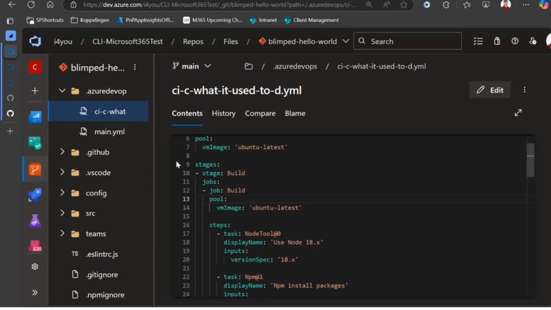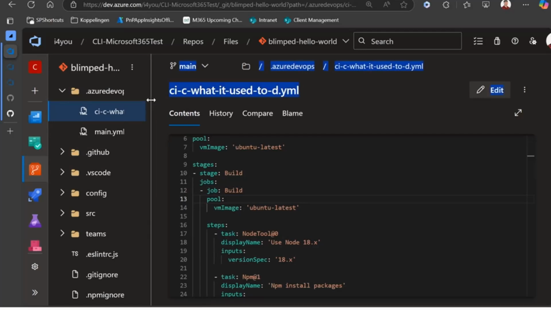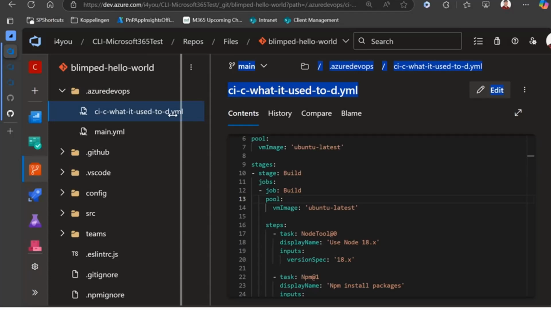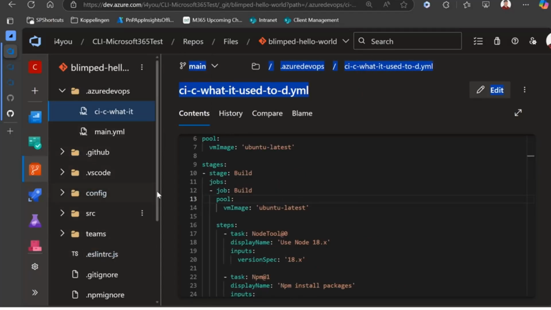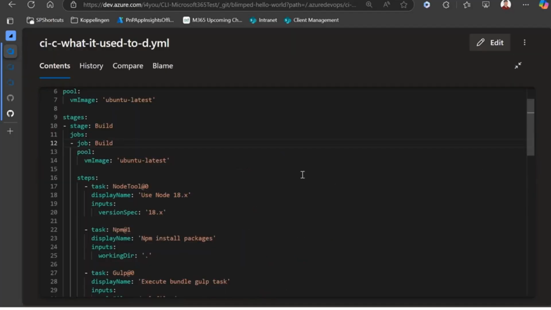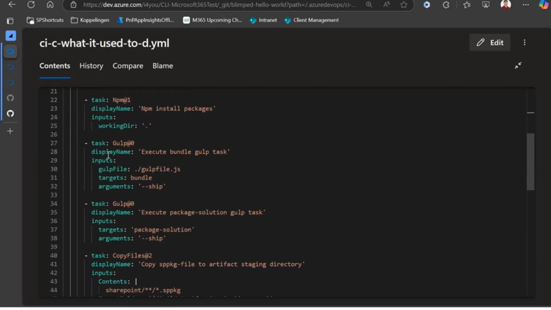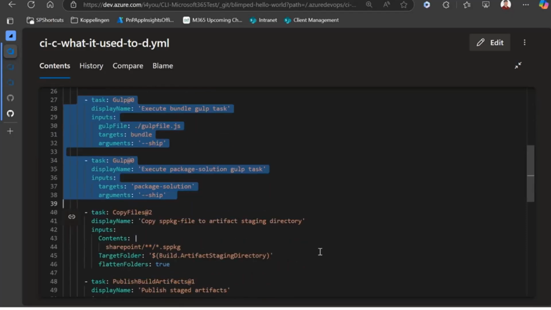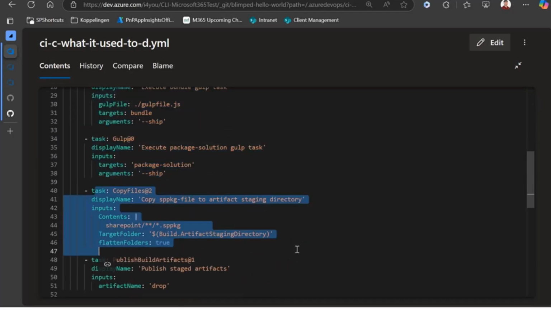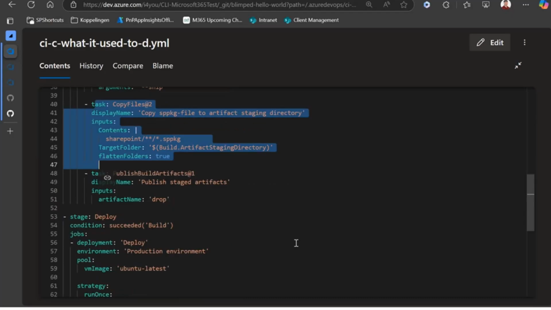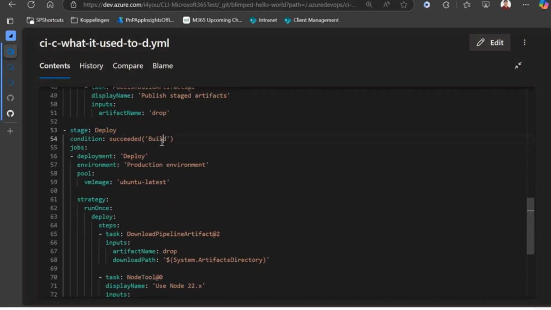So I do have this nice Azure DevOps environment. If you haven't seen this before, this is just really a repository containing a hello world web part. It's not really very interesting what's in here. It's just an SPFx web part. And what I have here is a built-in deployment pipeline. And this pipeline is really, let me enlarge this a bit. There are some interesting steps here in terms of building, bundling, and shipping. And then it's copying this to a staging directory and making it an artifact. And then in the end, it will start a deployment stage. And this is where the